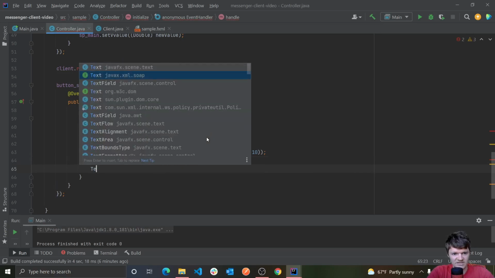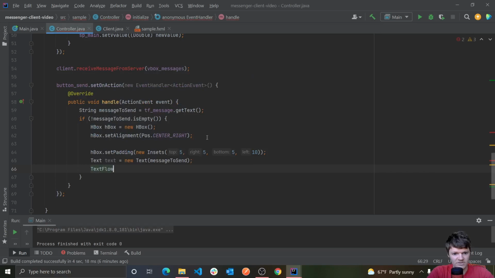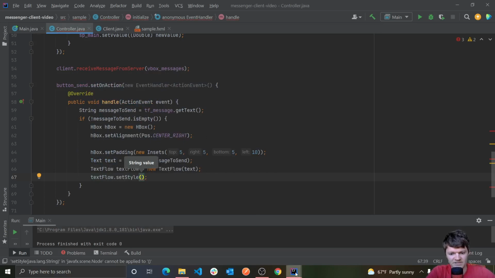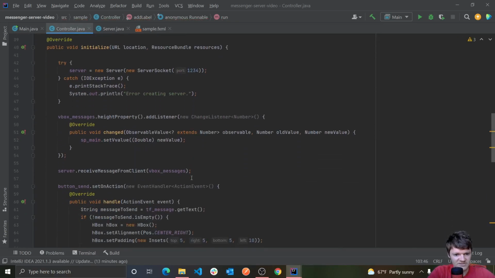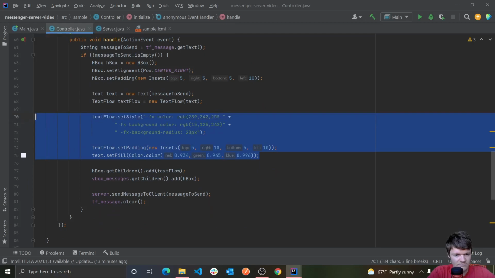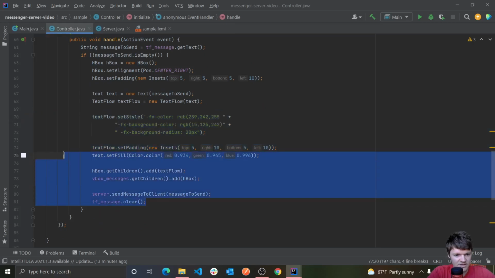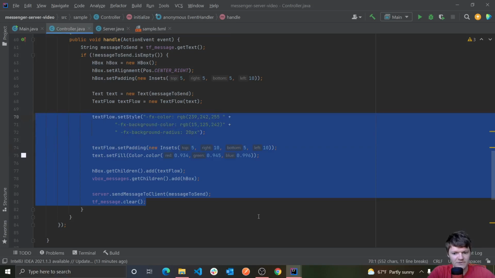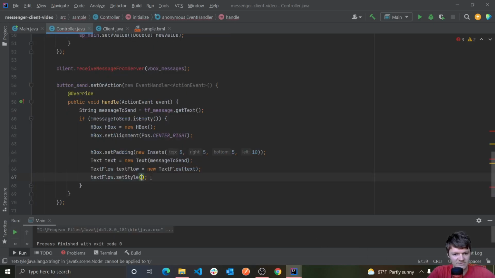We're going to create our text flow, so we can add more styles to our text. And we passed in our text object like that. And then we'll do, of course, the set style. And for this, I'm actually just going to copy and paste from our server, because it should be the exact same. And I can actually just copy and paste all this too. Actually, I can copy and paste all this except for the server part. So I'll just put this all in here,